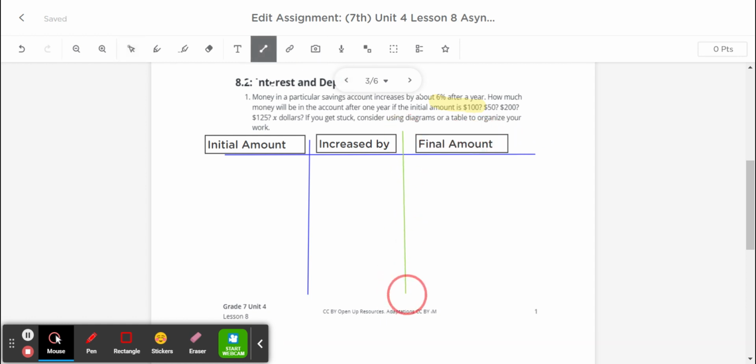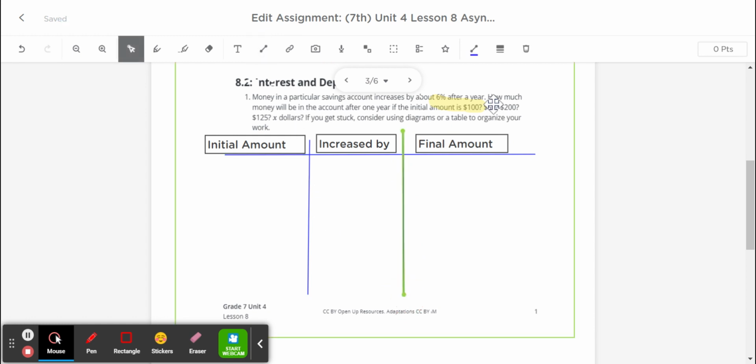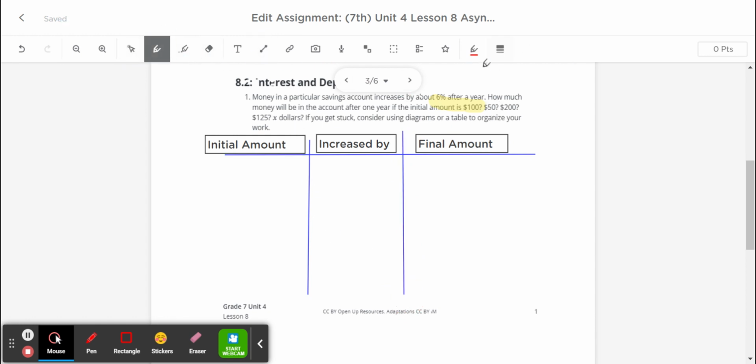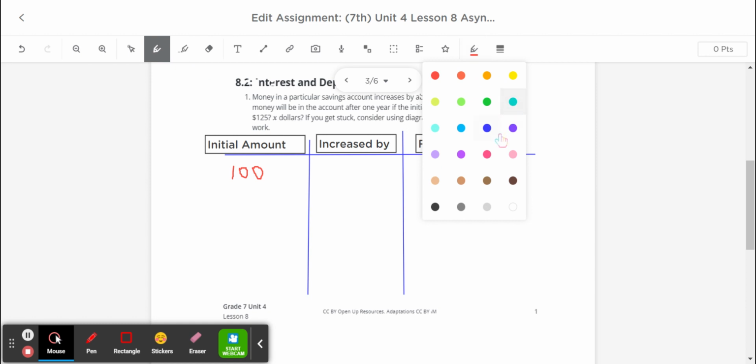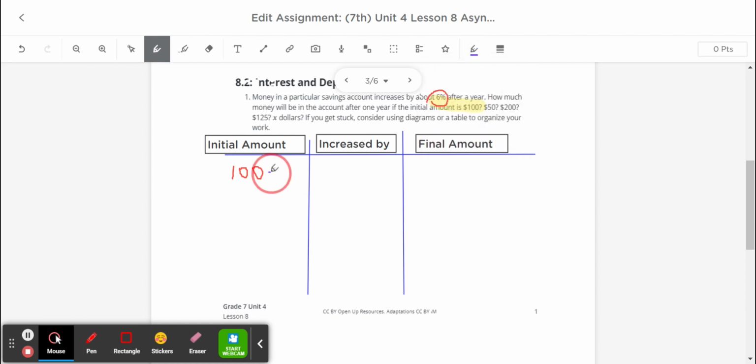So let's say, for example, that I have $100. That's the first number they ask us about. If my initial amount is $100, I know that that is increasing by 6%. We know how to find 6% of $100. We simply multiply 100 times 6 over